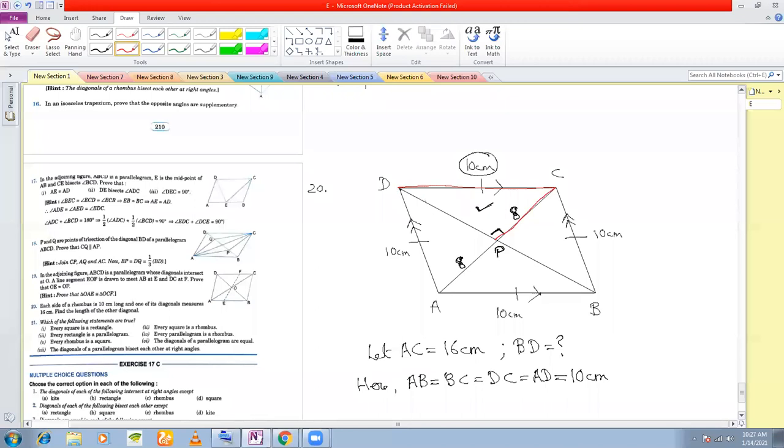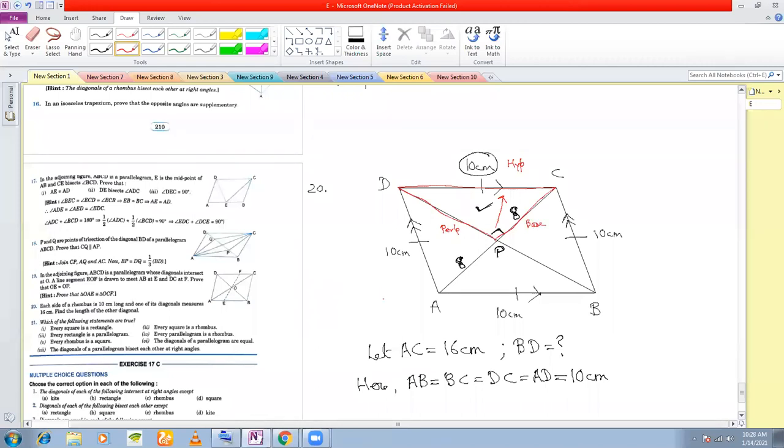This triangle is right angled. So in a right angle triangle, there must be a hypotenuse. Which one is the hypotenuse? If you remember, you know this angle to be 90 degrees. So opposite to this right angle, this side must be our hypotenuse. The other two sides, you can take any one as a perpendicular, any one as the base. Let us take this as the perpendicular and this as the base, right?